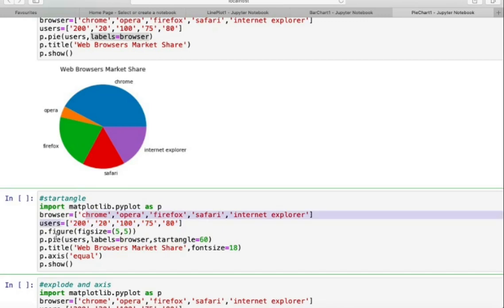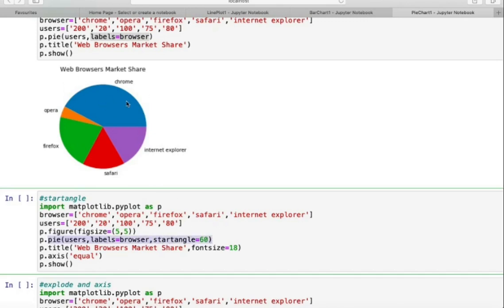Browsers gives you the label. Now figure, as I told you in bar charts, gives you the size of the figure. You can skip it. p.pie users, labels equals browser. Start angle I'm giving as 60.